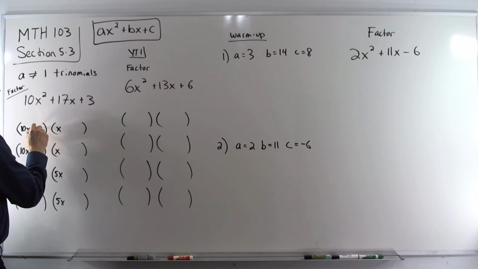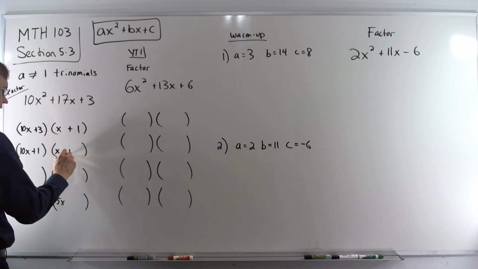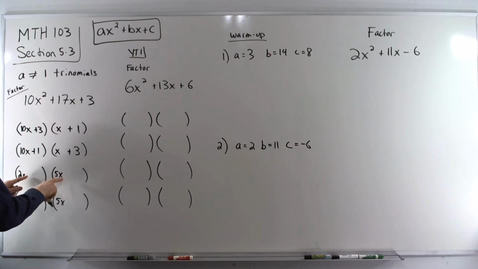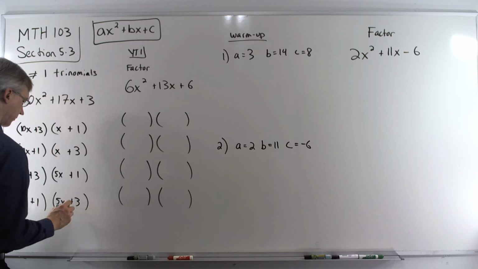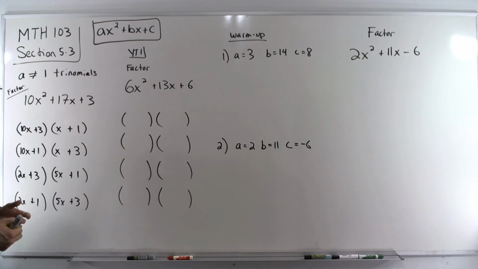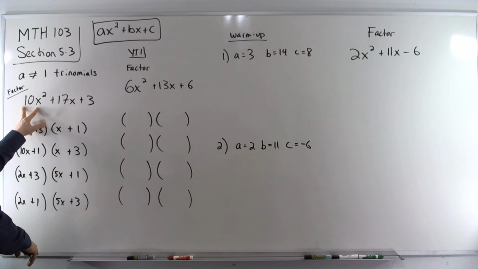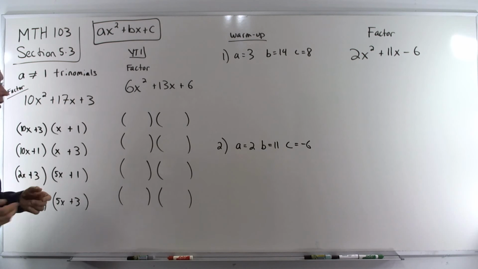So we could have plus 3 over here and plus 1, or we could reverse them. Plus 1, plus 3. And now we can do the same thing with the 2's and 5's. We could have plus 3, plus 1, plus 1, plus 3. So there's all different ways we can write two binomials, and we multiply them together. We get the first term here, 10x squared, and we get the last term here, 3. Now what we can do is FOIL and see if it matches that middle term, and then we'll have found